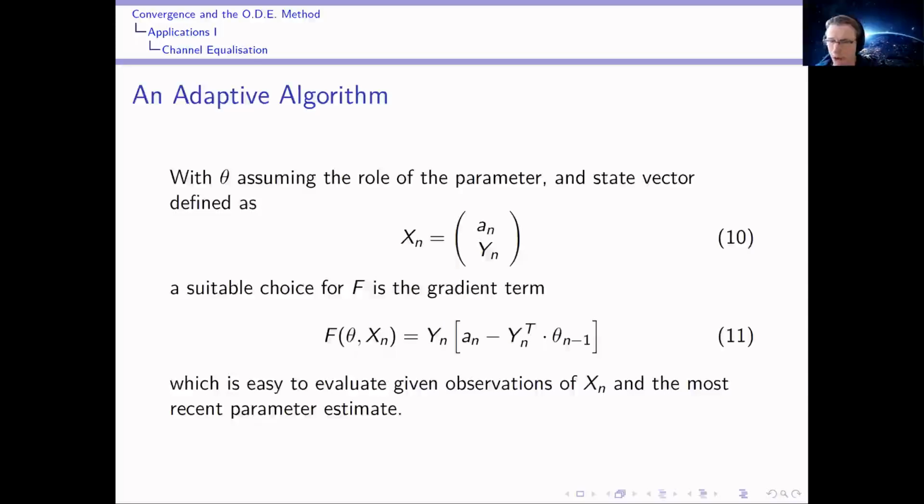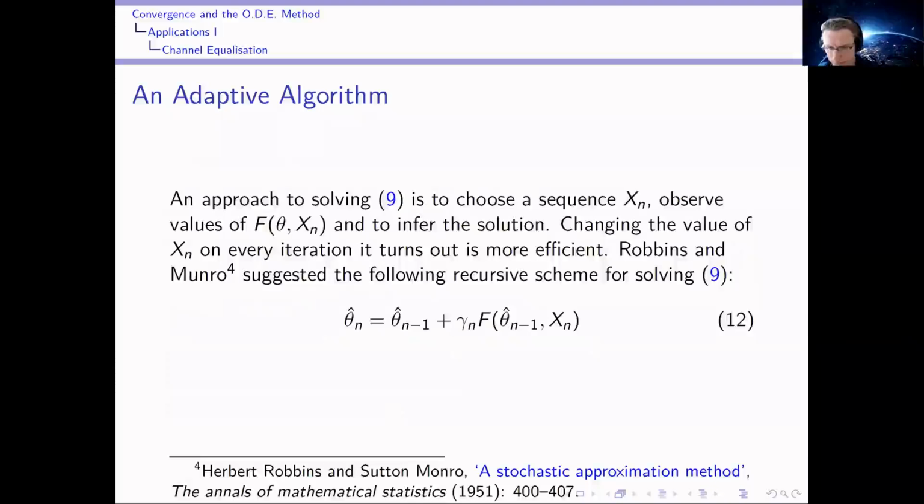So applying this idea to the current model, x are the observations, which combine the reference and the output. And then we choose f as the gradient function. And then after sampling from the distribution, we can evaluate f. Then it remains to decide how we update the parameter vector. One option is to repeatedly sample from the distribution and infer the solution, but it's actually more efficient to update the parameter vector on each observation.